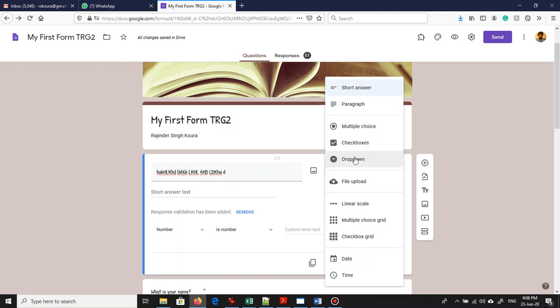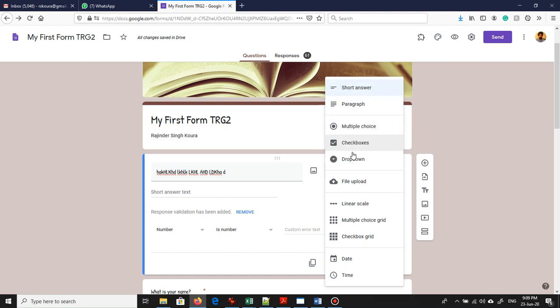I have described to you in detail what kind of answer you expect it to be. If you want a single text, a single definition, not too much text, normally around 255 characters, keep it short answer. If it is an essay kind of thing, make it paragraph. If it is multiple choice, only one to be selected, use multiple choice. Last is drop down, where one is to be selected and you have multiple choices, but you don't have too much space, because it will take too much space if you have too many options. So use drop down. And checkboxes we use when we have multiple choices and more than one of those choices are correct.